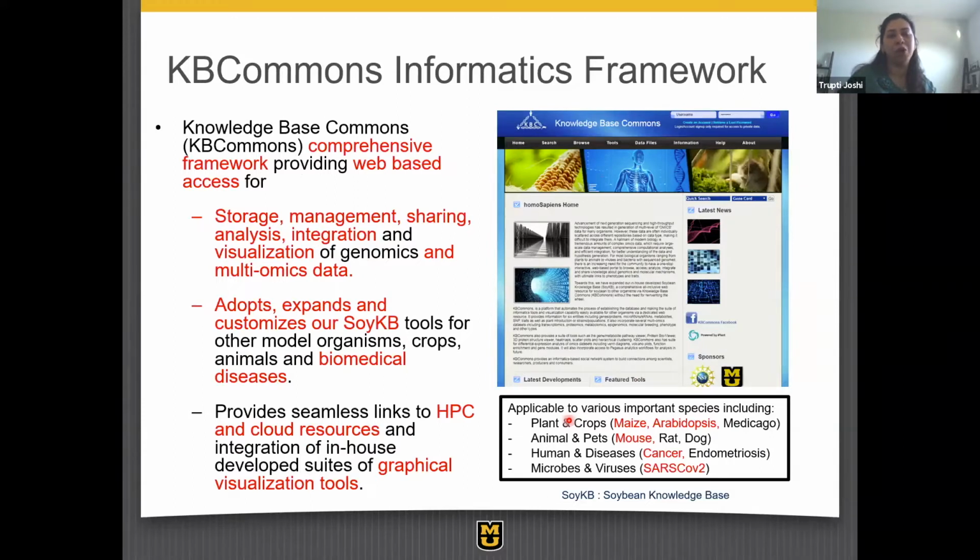From our experiences from SoyKB, and as, through our journey, we got more and more involved with other crops and research teams through our NSF funded projects, we noticed that there is a very similar need beyond soybean for a lot of other plants and crops, maize, Arabidopsis to begin with. Through some of our collaborations with the med school, we had similar needs in terms of studying biomedical diseases. And so what we really decided to focus on is building this KB Commons informatics framework, which is, instead of having to go and reinvent the wheel every time for a different organism, why not centralize everything so that you can have a comprehensive system which can deal with